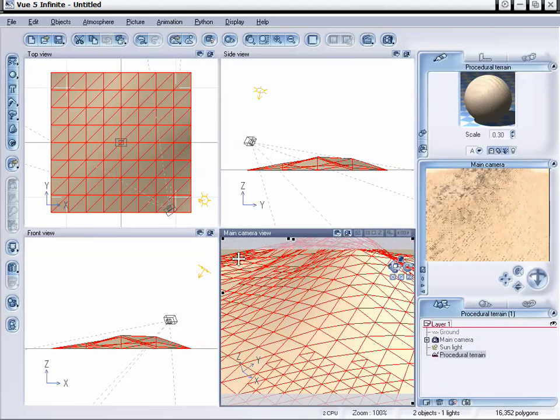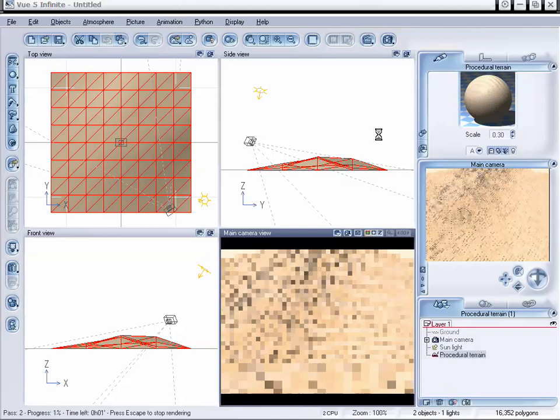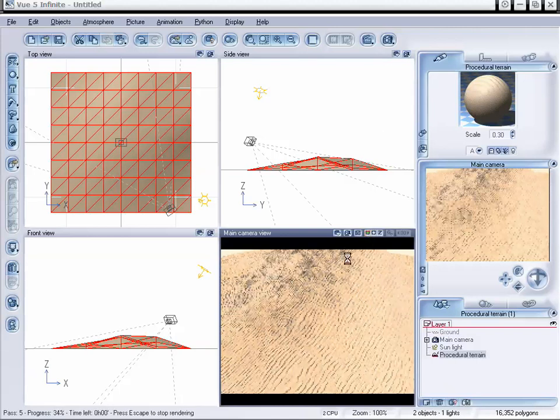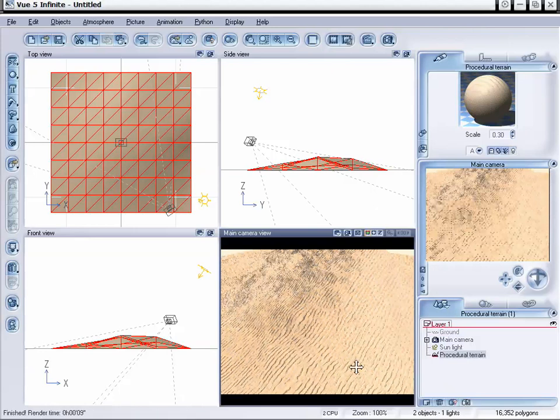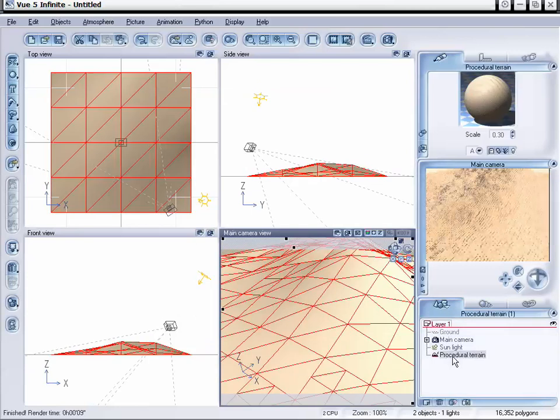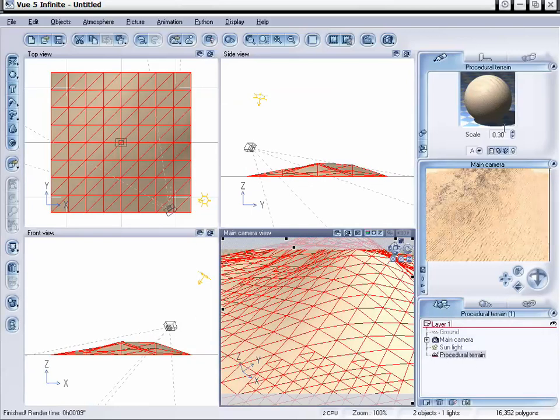I'm going to do a quick preview render so we can take a look and see exactly how large the spacing is. We can tell that it is pretty large, and it might be a little too big for what we're trying to achieve here. So I'm going to hit escape to clear out that render, click on our procedural terrain, and bring our scale down. Right now it's at 2.3. Well, I'm going to bring this down to 0.15,